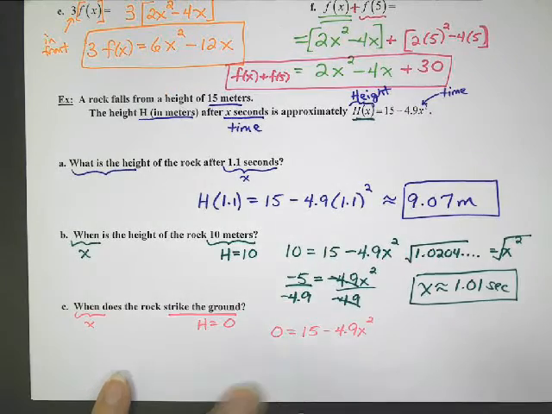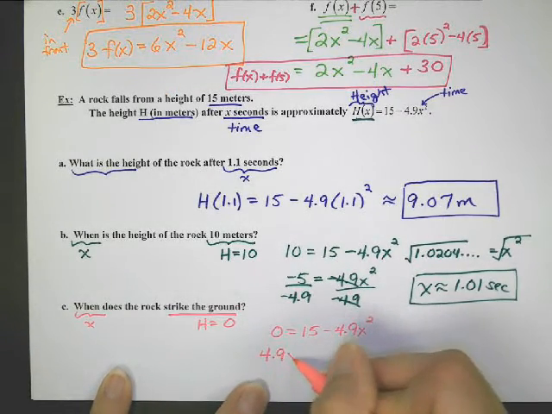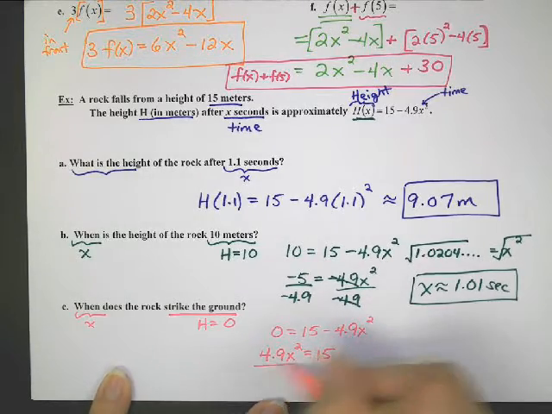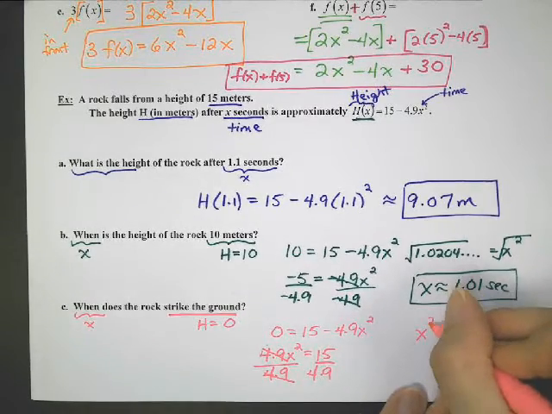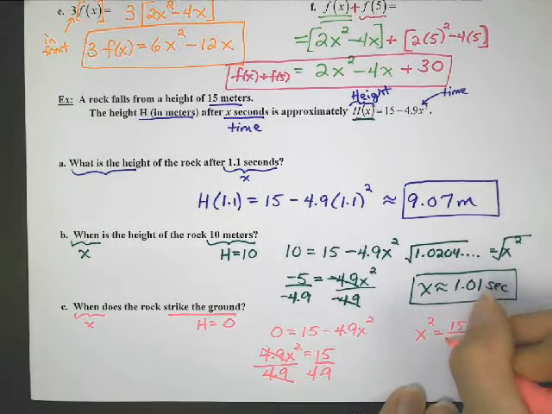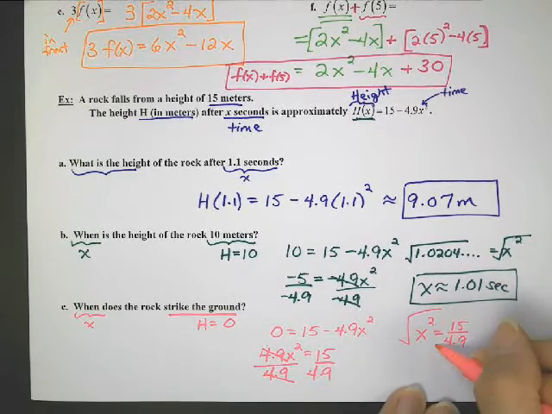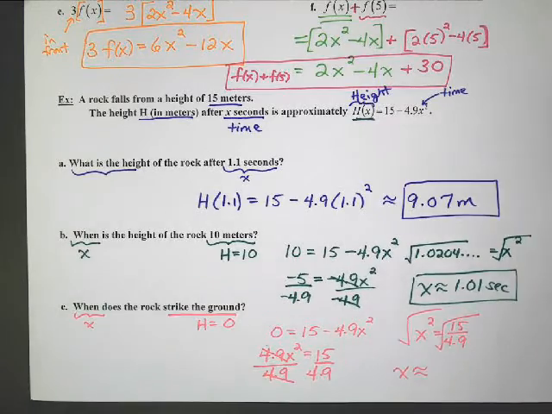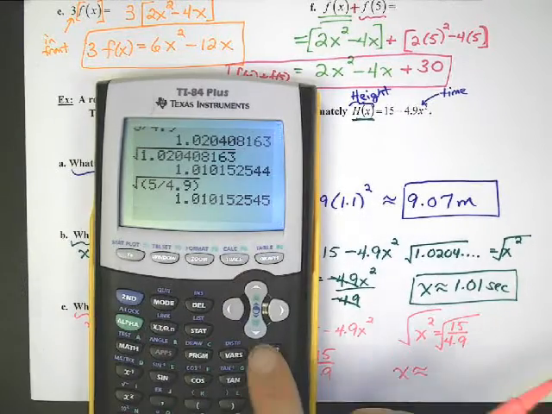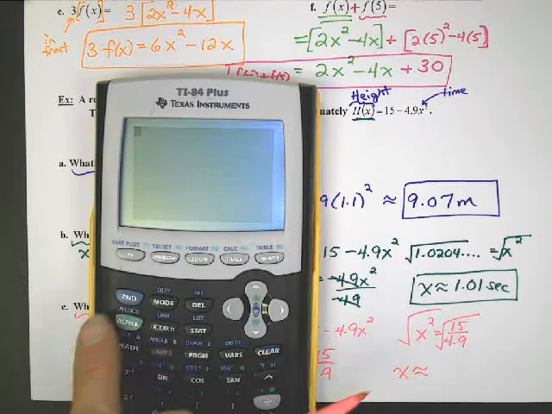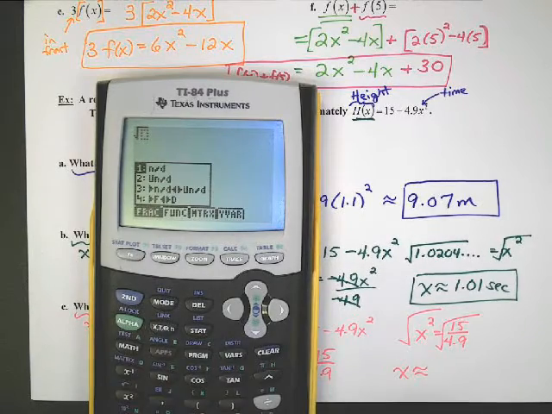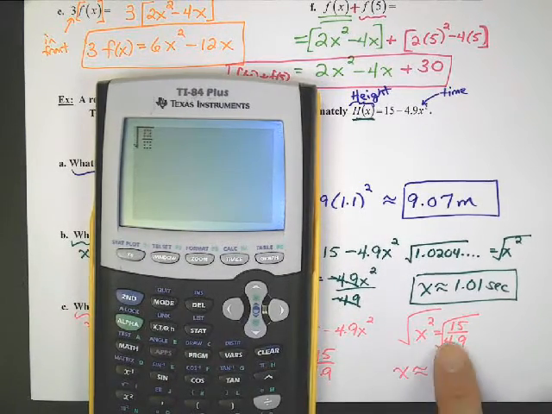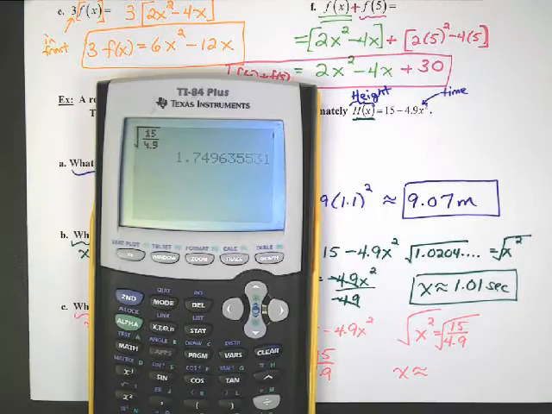Maybe this time I'll move the 4.9 to the left, and then it'll become positive. And we'll divide both sides by 4.9. So x squared is 15 divided by 4.9. So square root that fraction. X is approximately equal to, I think I'll use that fancy fraction button. I showed you this before. It's, well, first let's type square root. It's alpha y equals, and it's command number 1. So the square root of 15 over 4.9 is approximately